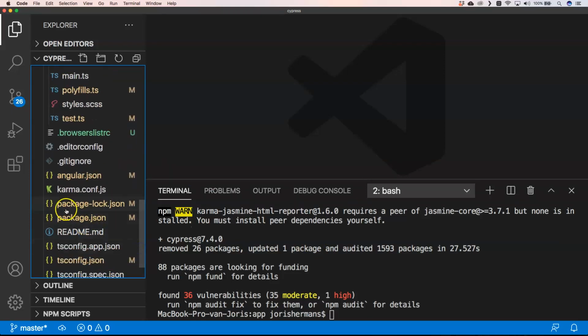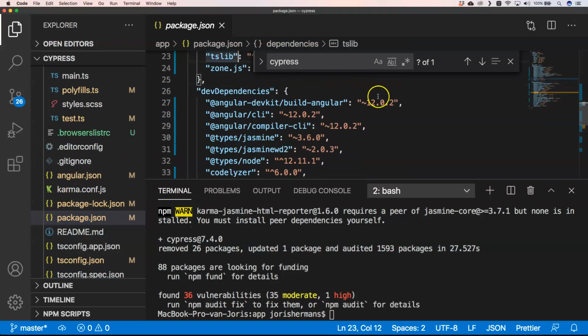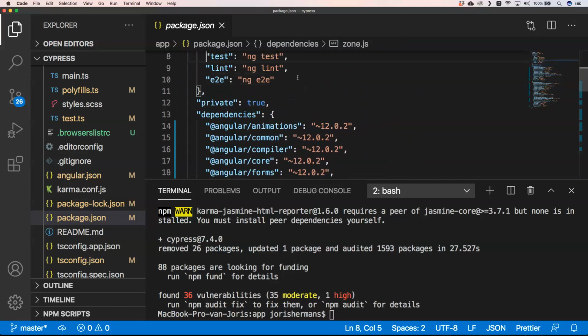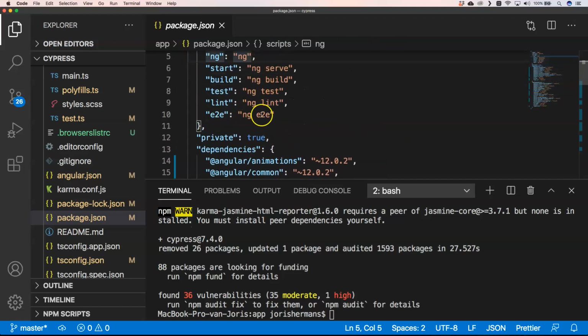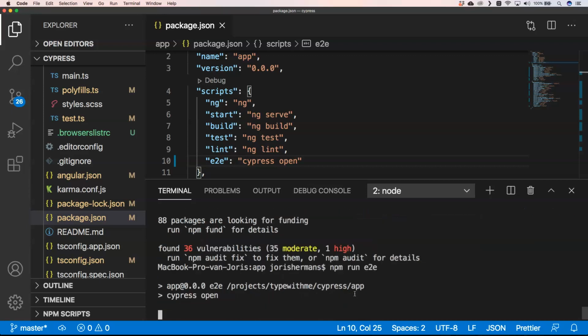Next thing that we need to do is go to our package.json. You see here that Cypress is being installed and here we have our end-to-end part in our scripts in package.json, and then we can just change it to cypress open, and this will open Cypress, right? So when we now do npm run end-to-end, and then we run it,